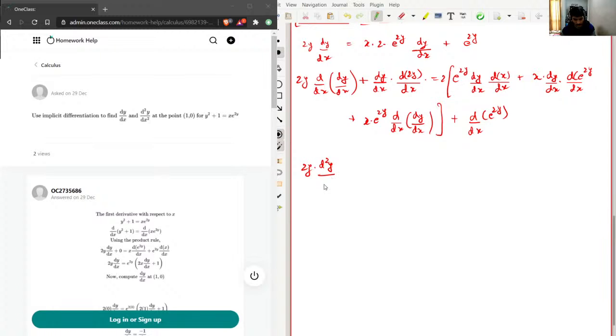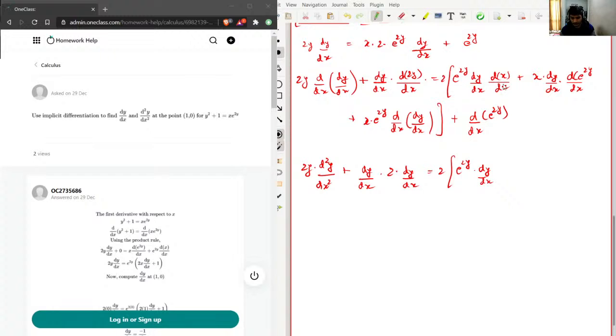d square y by dx square plus, differentiation of 2y will be 2 times dy by dx, and we have one more dy by dx. So I'll just write this stepwise. So this will be 2 times dy by dx equal to 2, and then this is e power 2y, so we have dy by dx,